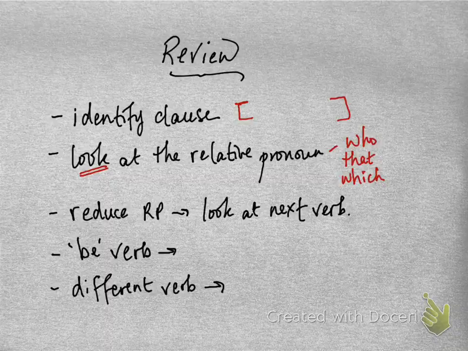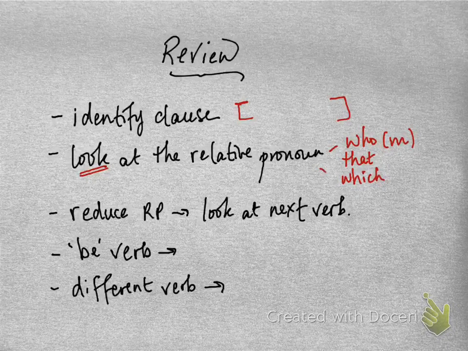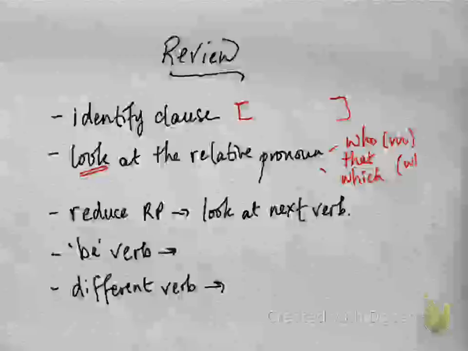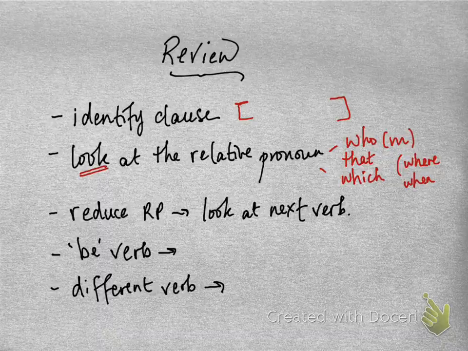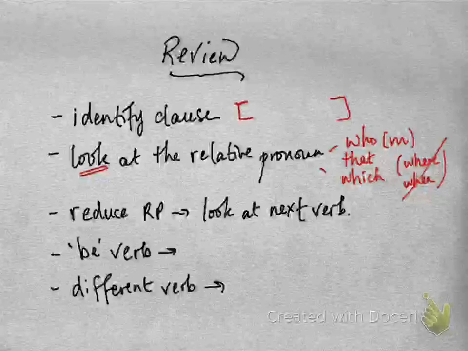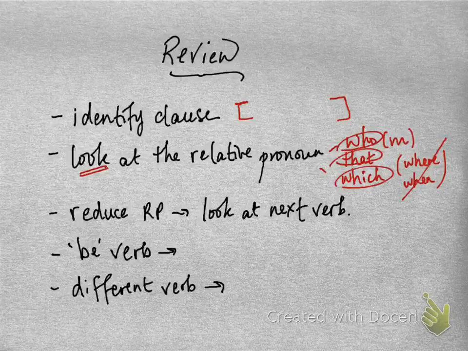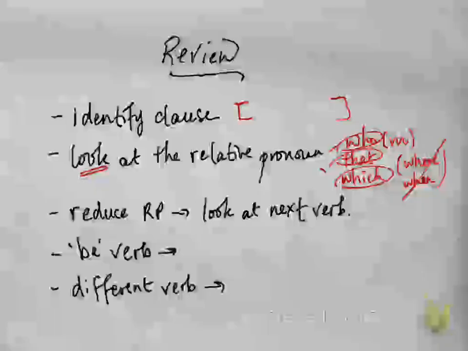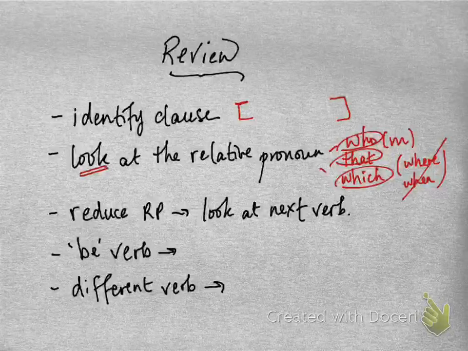Sometimes you have whom. Other possibilities are where and when, but these ones we can't reduce. So these are the common ones you're going to be looking at: who, that, which. So look at the relative pronoun. Is it functioning as the subject